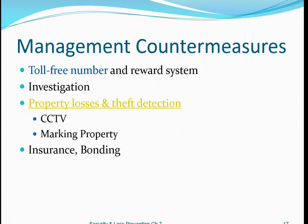A toll-free number and rewards system can work. I know that had been implemented at a place where I was working, a major corporation. When it was downsizing, they instituted a free number that you could call if you thought there were people who were abusing the system. Property losses,